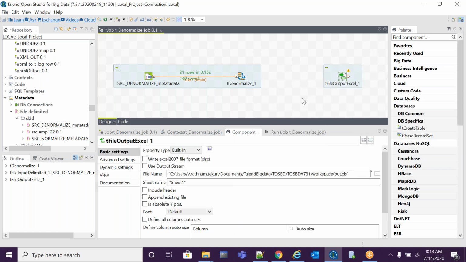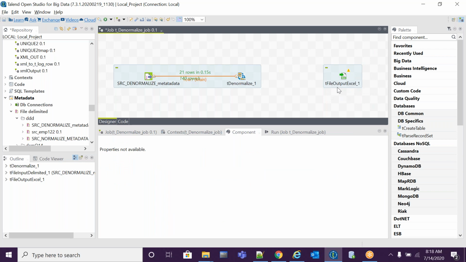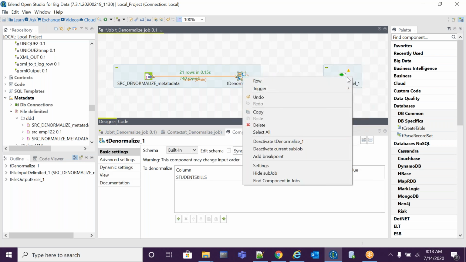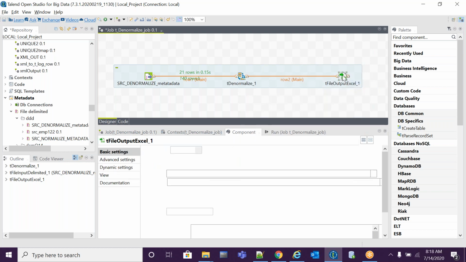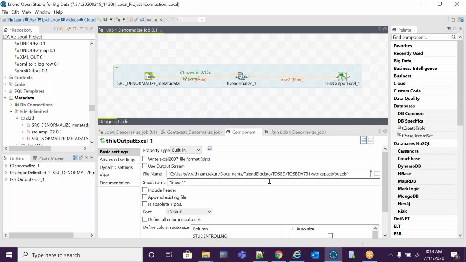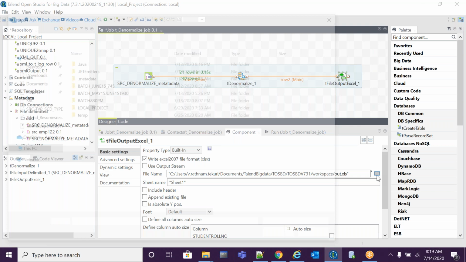Let me load Excel. How to load Excel? We have to take the T file output Excel component. Click on row and main. Double click this T file output Excel. See, if you provide XLSX, we need to check this checkbox, write Excel format. Browse the file, target file path.